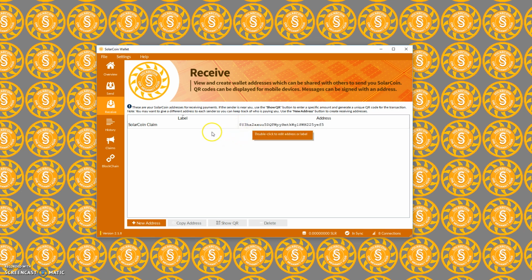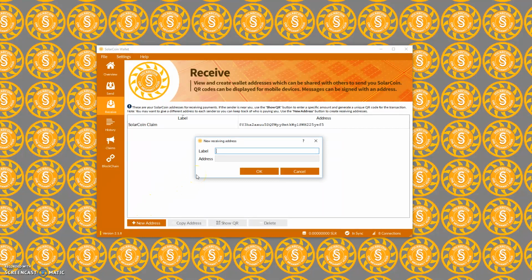So a neat thing you can do with Solarcoin is you don't just have to have one address. You can have as many addresses as you want, and I literally mean as many. I mean there is an upper limit, but it's absolutely huge. So what you could do is you could create a new address for, say you've got a friend called Andy,